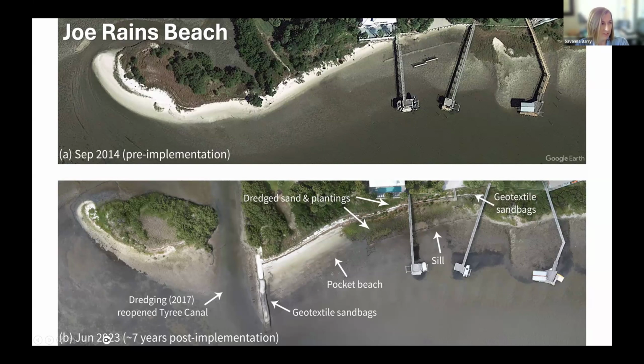And then also there was a historic canal here that had been filled in by all the sand that eroded from this site and was deposited down here. So this project was able to make use of local sand through the dredging that pumped the sand back up. And instead of just leaving it as sand, it was planted into for most of it. We did leave a small portion that was unplanted to serve as a pocket beach, but this included low marsh